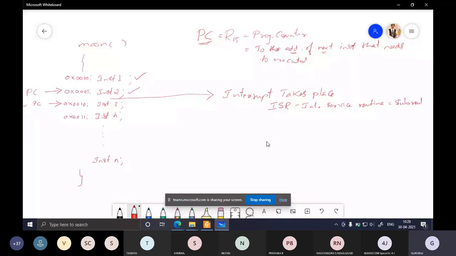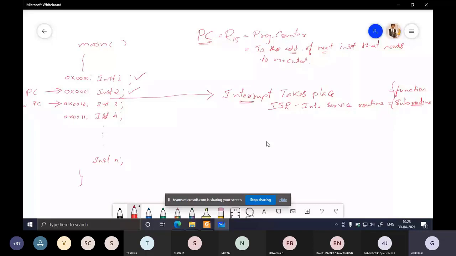You can simply call it a subroutine, where subroutine means it is a function. Subroutine and function, both are the same. So it is a subroutine or a function which should be invoked whenever an interrupt takes place.